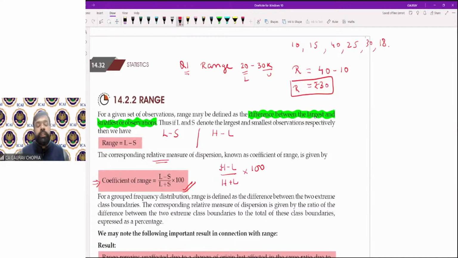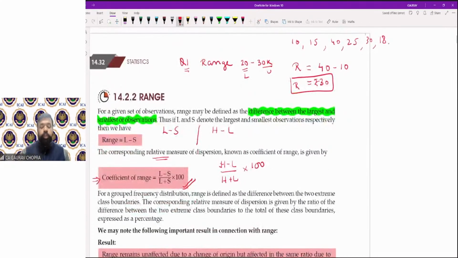Highest minus lowest upon highest plus lowest multiplied by 100. So this shows coefficient of range. तो कोफिशिएंट ऑफ रेंज में आपको कुछ भी यूनिट नहीं लगाना है, रुपीज, किलोग्राम, नथिंग यू हैव टू यूज।